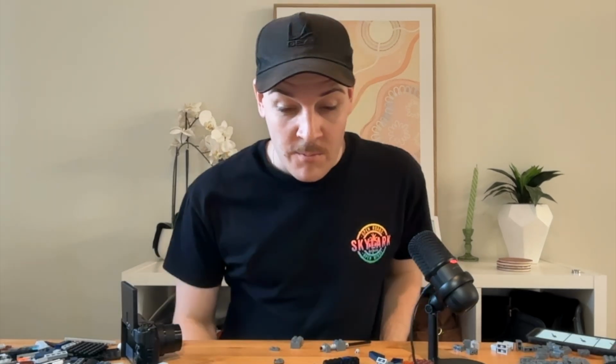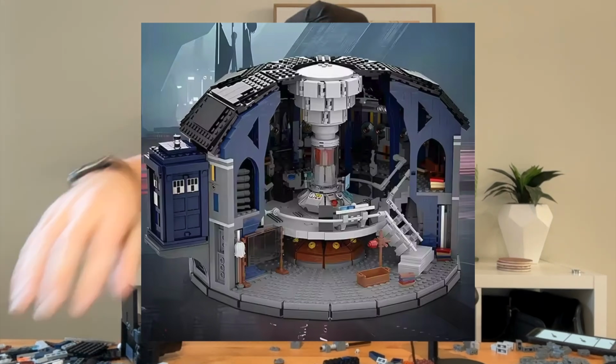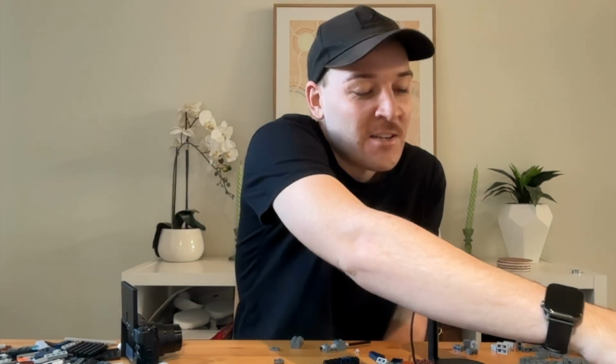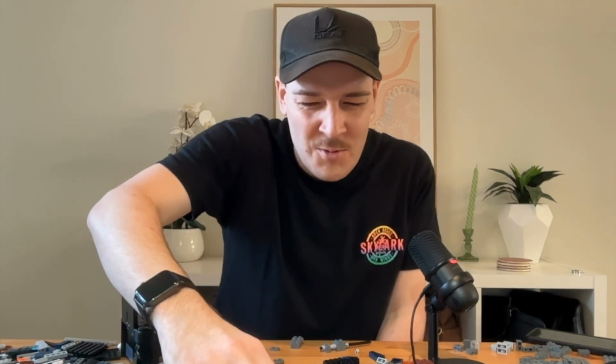So I got this set from Temu, and I have Temu, but I don't really use Temu. I kind of wanted to see what Doctor Who stuff was on Temu, so I searched for Doctor Who, and then, you know when you search for something and then you get recommendations days after? I had that with this TARDIS set, and I kept looking at it and ignoring it really, because, I'm not going to lie, it wasn't cheap, but I love Lego, so I was like, okay. I eventually caved, but I very much kept seeing it pop up on my Temu newsfeed, if you want to call it that, and